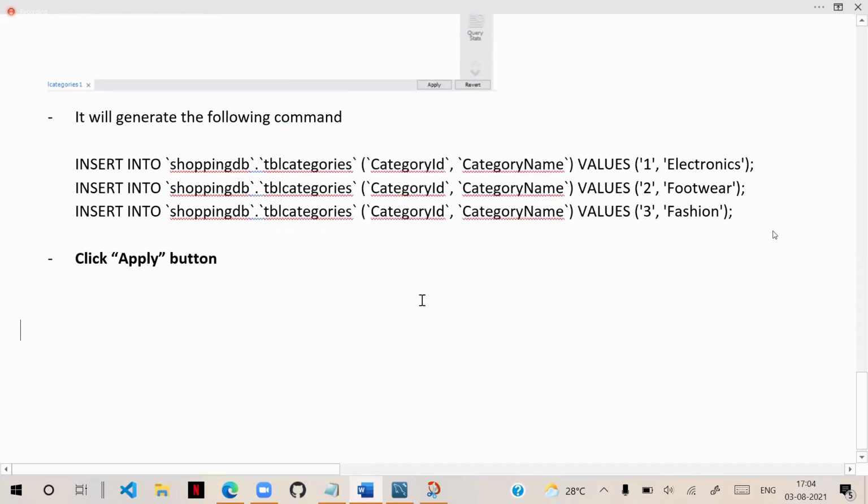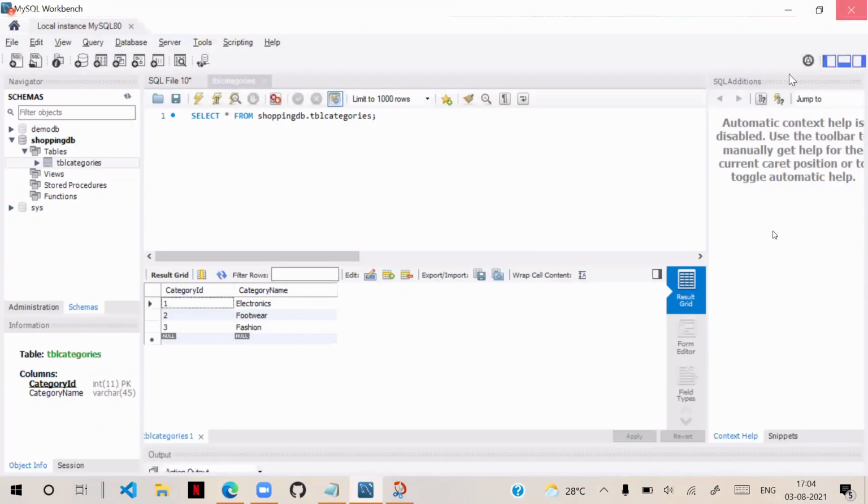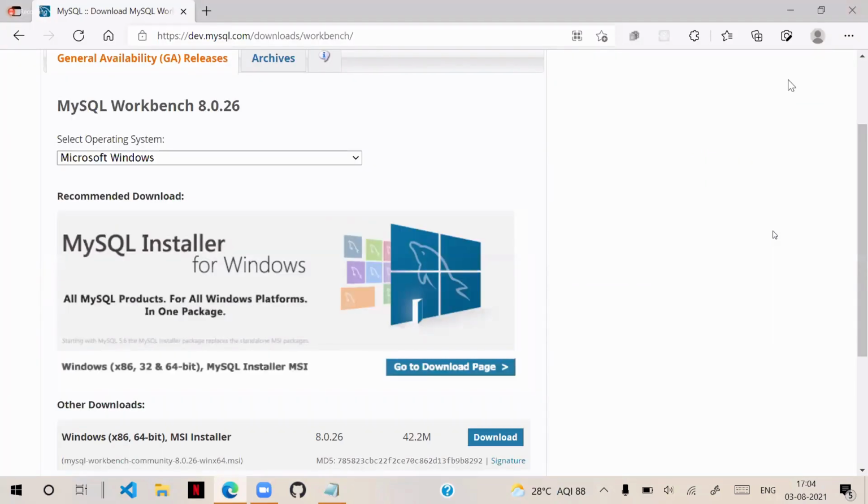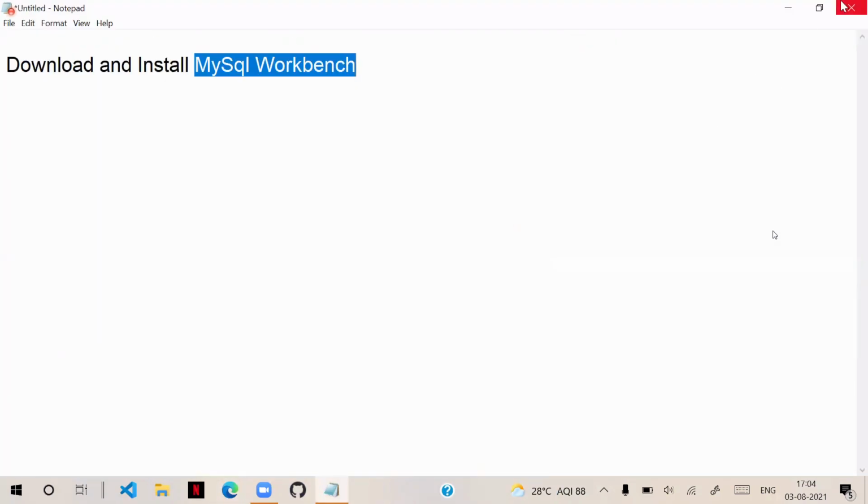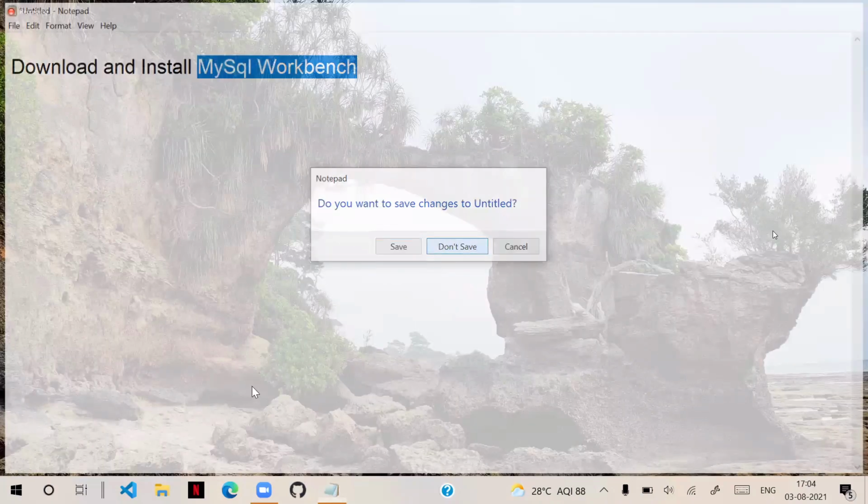Now, how do we interact and communicate with the database? For that, you need to understand that you have done up to this backend part.